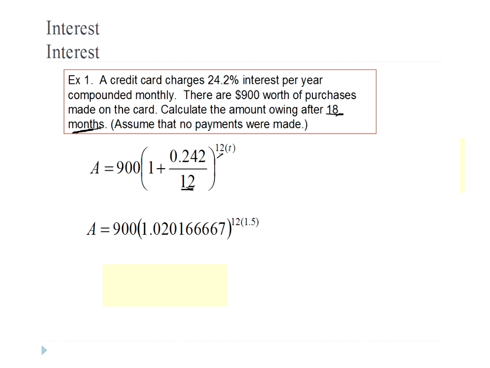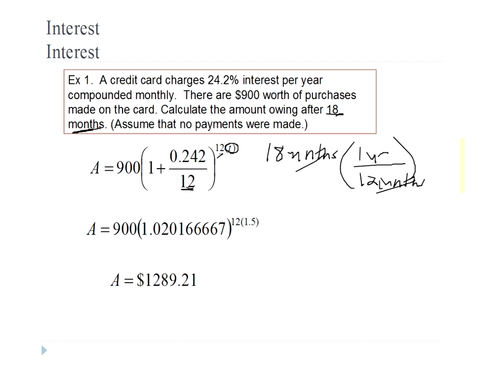But as we talked about last time, the t value is the time in years, so this needs to be 1.5. The way that I did that, by the way, is I took 18 months and multiplied it by a formula of 1. 1 year is 12 months. And so the months divide out, and I have 18 divided by 12, which is 1.5. So now I solve this, and the actual charges would be